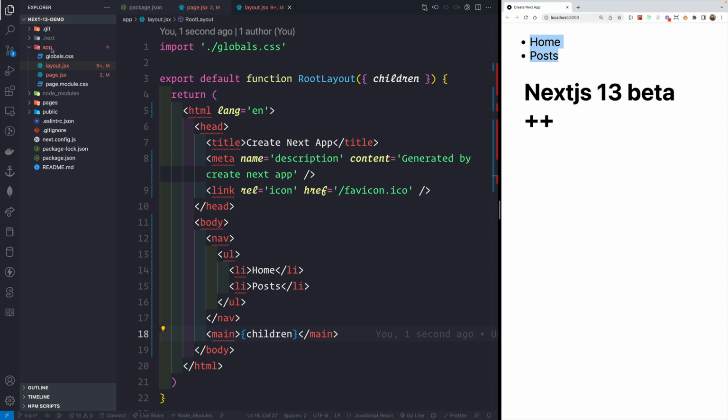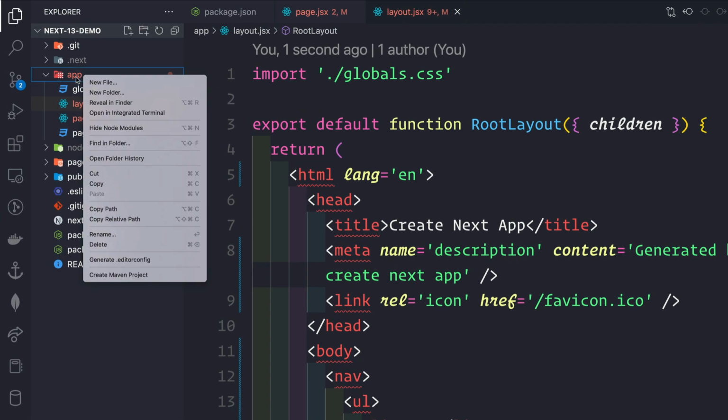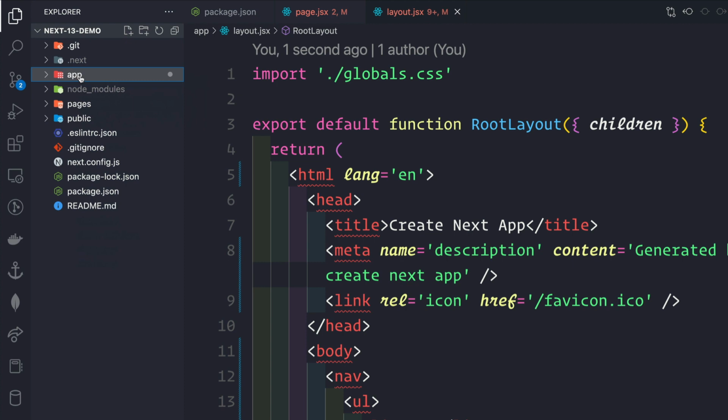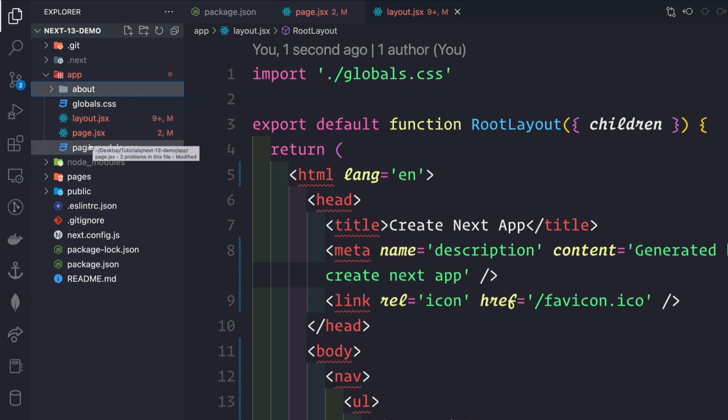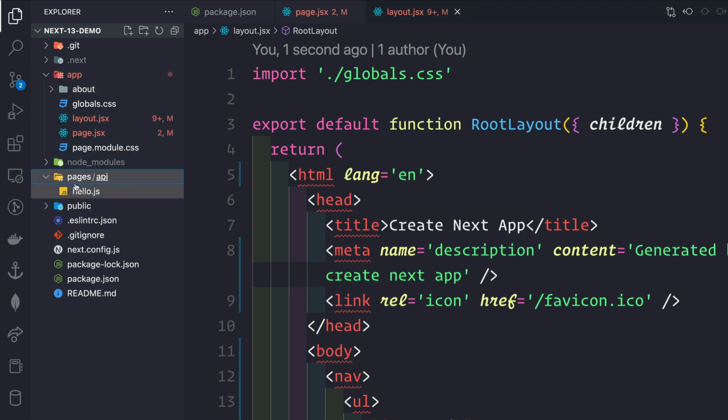So now if we want to create a new page inside our app folder, what do we do? We need to create a folder with the name of the page. So let me go to this app folder and create a new folder, about. We do not need to create a file called about.jsx to create a new page inside this application, as we were used to doing inside the pages folder,